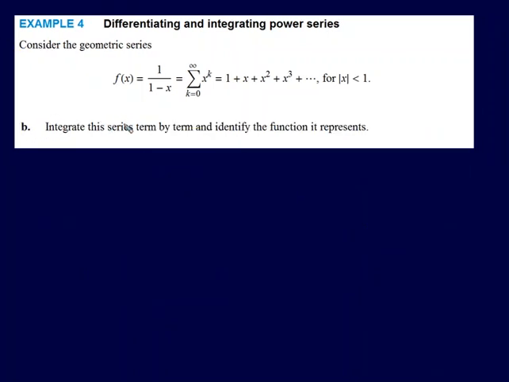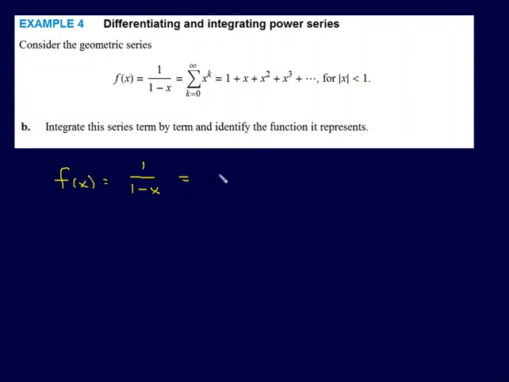Part B of this problem is to take that geometric power series one more time, the one for 1 over 1 minus x, and this time we're going to integrate to find a new power series and find out what it's the power series for. Okay, well, if f of x is 1 over 1 minus x,